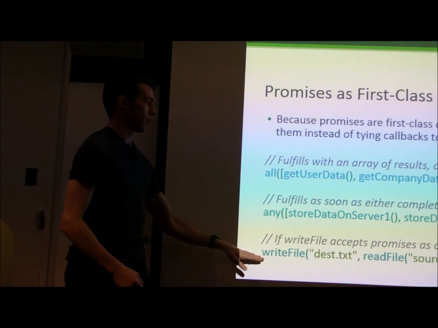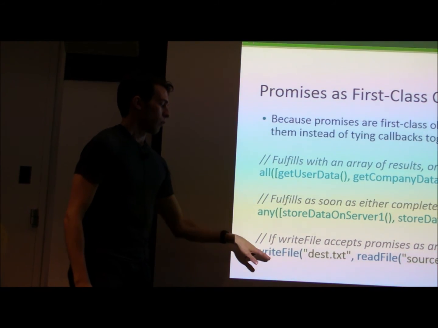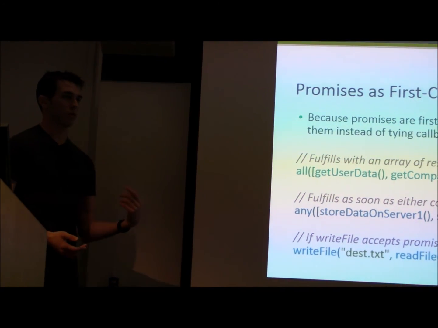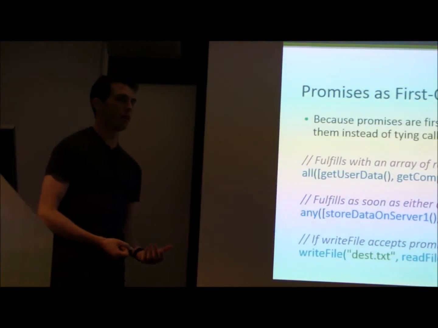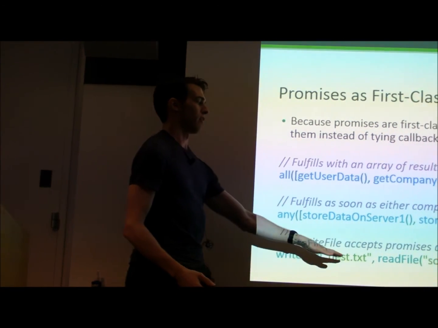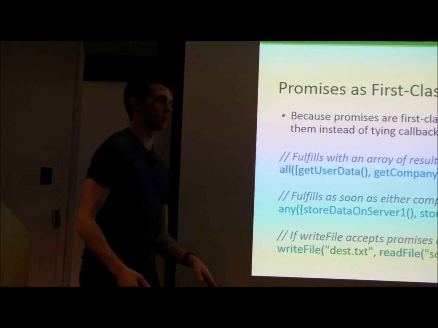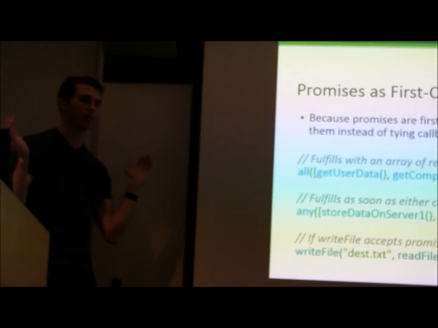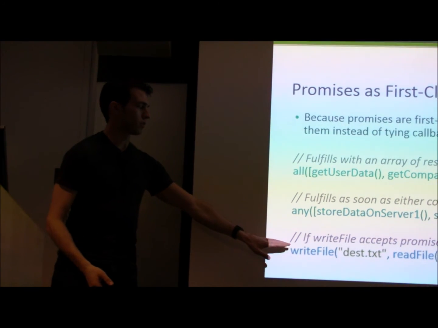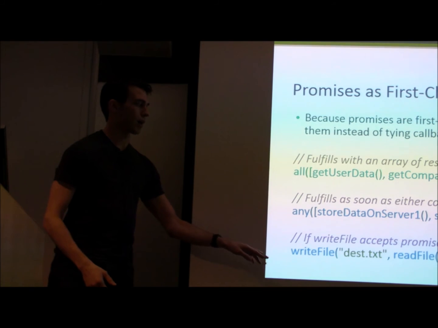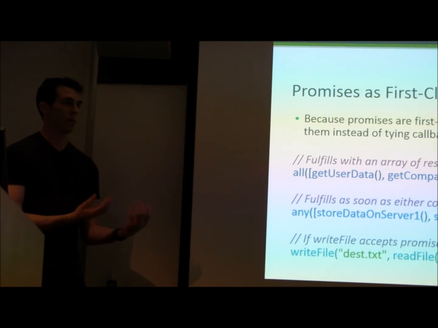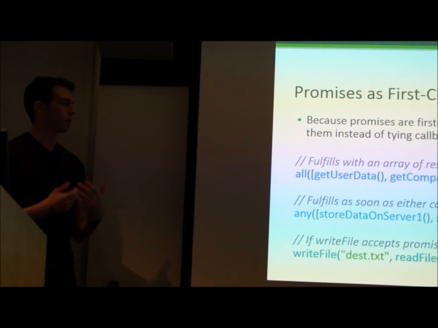Finally, this is a really cool example, a little bit advanced. If we write this write file function to not only accept strings for the contents that it writes to the file, but also promises, then you can just pass it the results of this read file function directly. So read file returns a promise. Write file is like, hey, I accept promises. And you can end up writing code that looks almost synchronous, right? You don't have to say, wait for read file's results to come back, then pass it into write file. You can treat them as first-class values, pass them between functions that accept each other, and you're good to go.